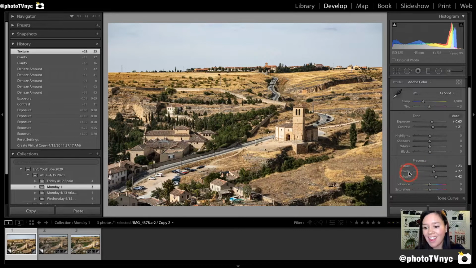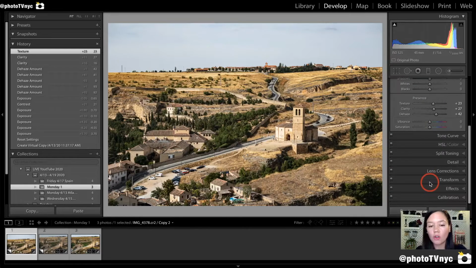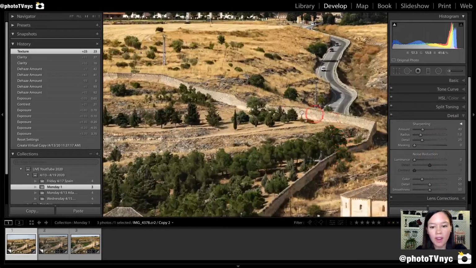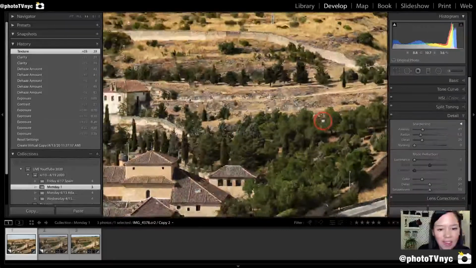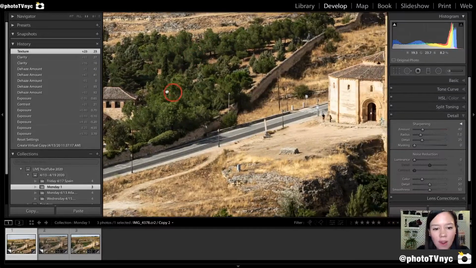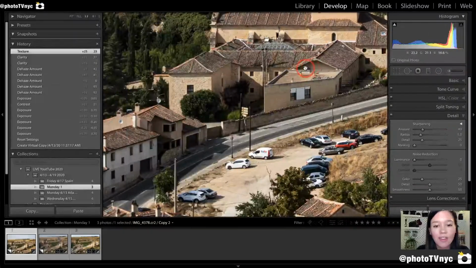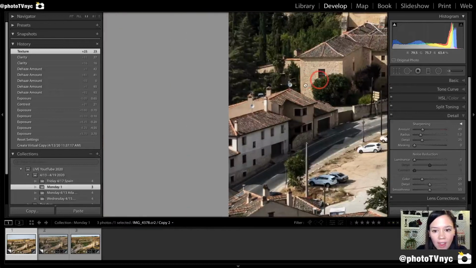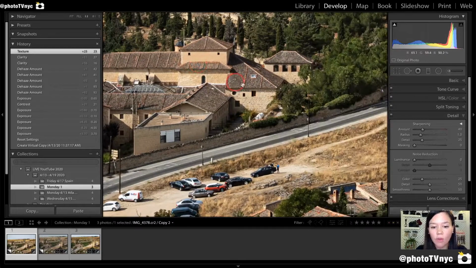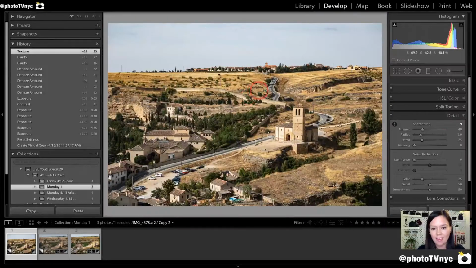We already did our dehaze, our clarity and texture, just to link back to where we were. Now, usually what I do, I go to the general adjustments and I always go to my detail. I zoom in again and I take a look at the noise, because you definitely do not want any disruptive noise on your photos unless you're looking for a certain aesthetic to tell the story of your photos. So that being said, because as you can see it was a very, very sunny and bright day, my